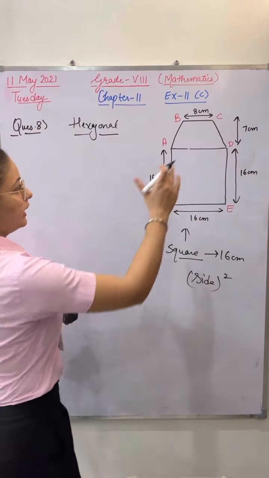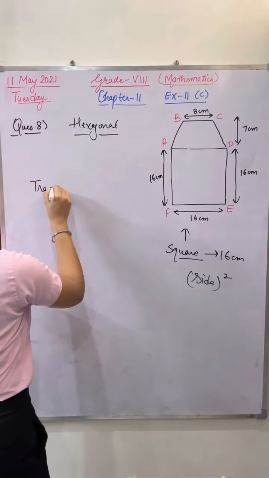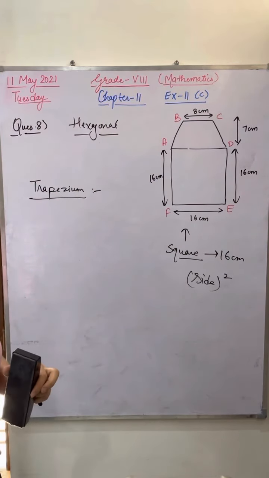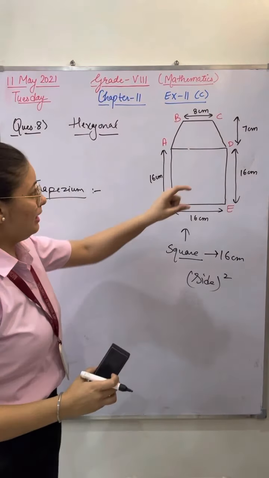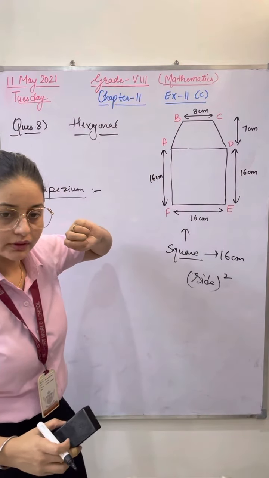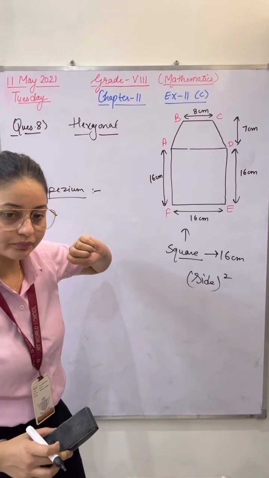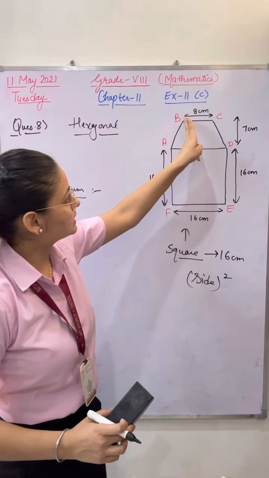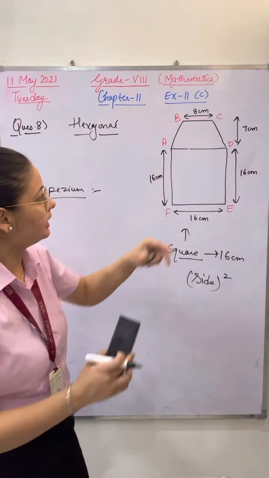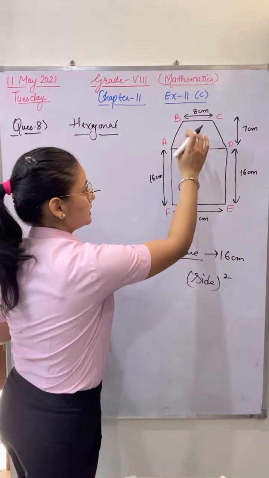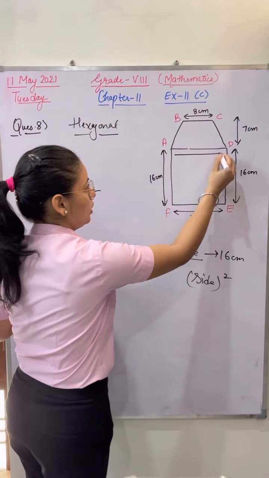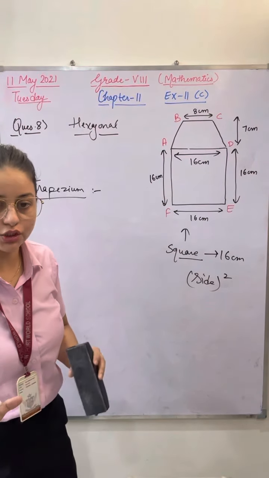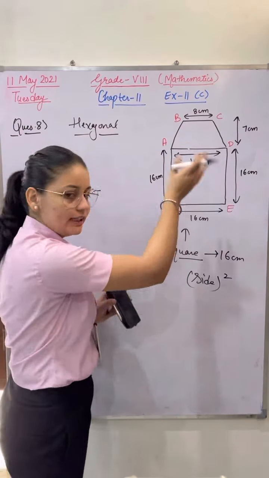Now I am going to take this trapezium. For a trapezium, I want 2 parallel sides and a height. Tell me, the 2 parallel sides are given in this trapezium. Hardik, it's given. This is a parallel side. This is 8 centimeter, and this is a square. So if this is 16, this will also be 16 centimeter, right? Because this is a square, all sides will be the same.